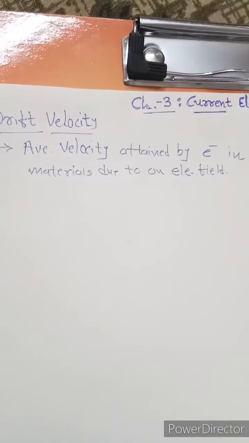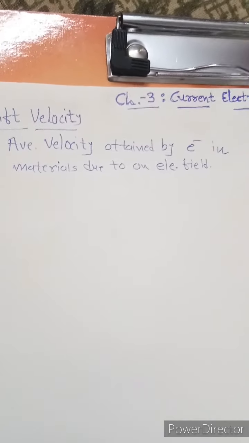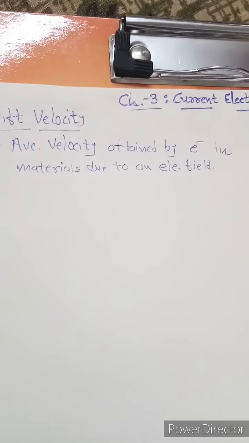Definition of drift velocity is average velocity attained by the charged particle like electron in materials due to